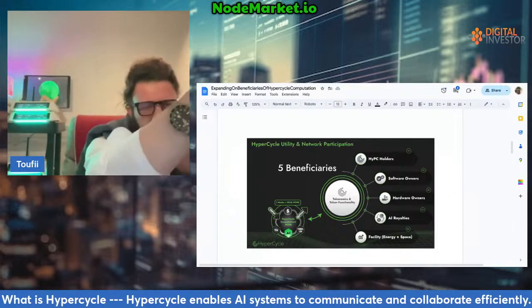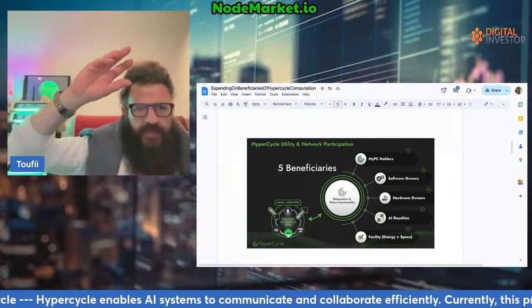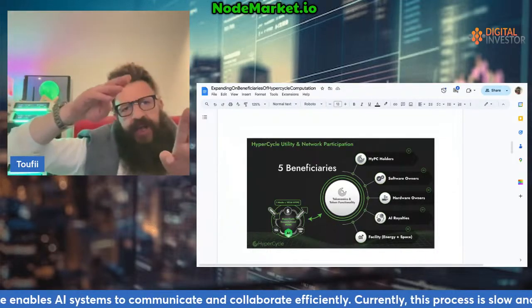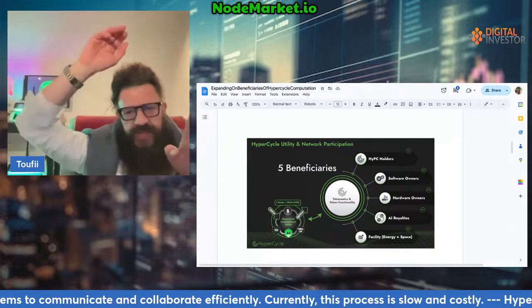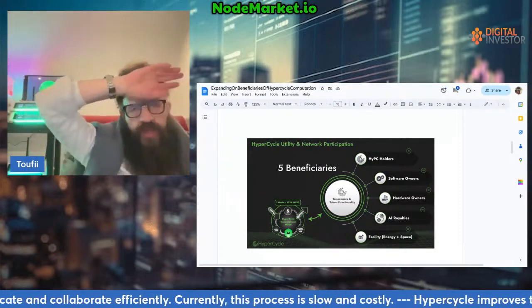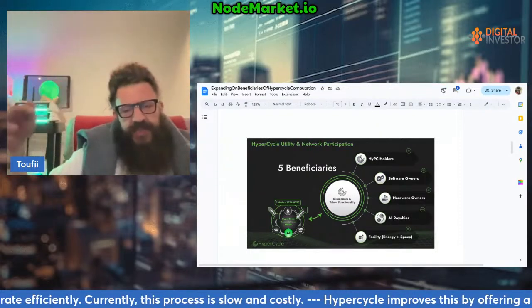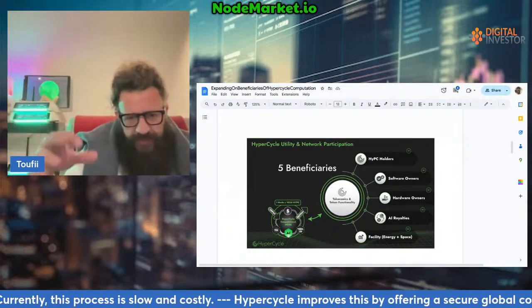You're just providing them with a bunch of components that could increase their accuracy to, let's say, 90%, could increase it to 86%.